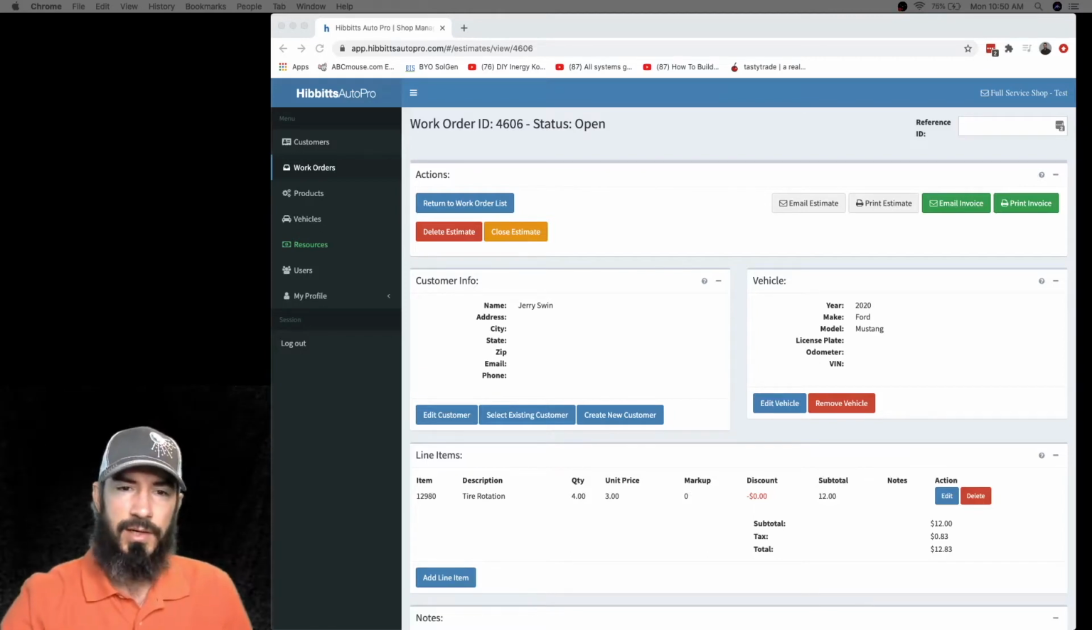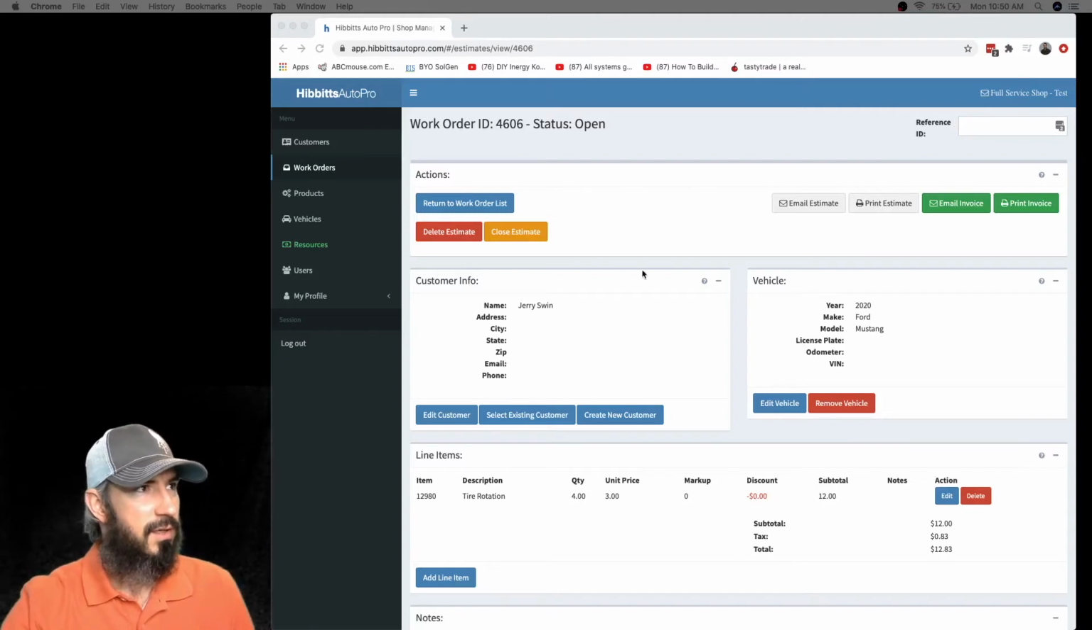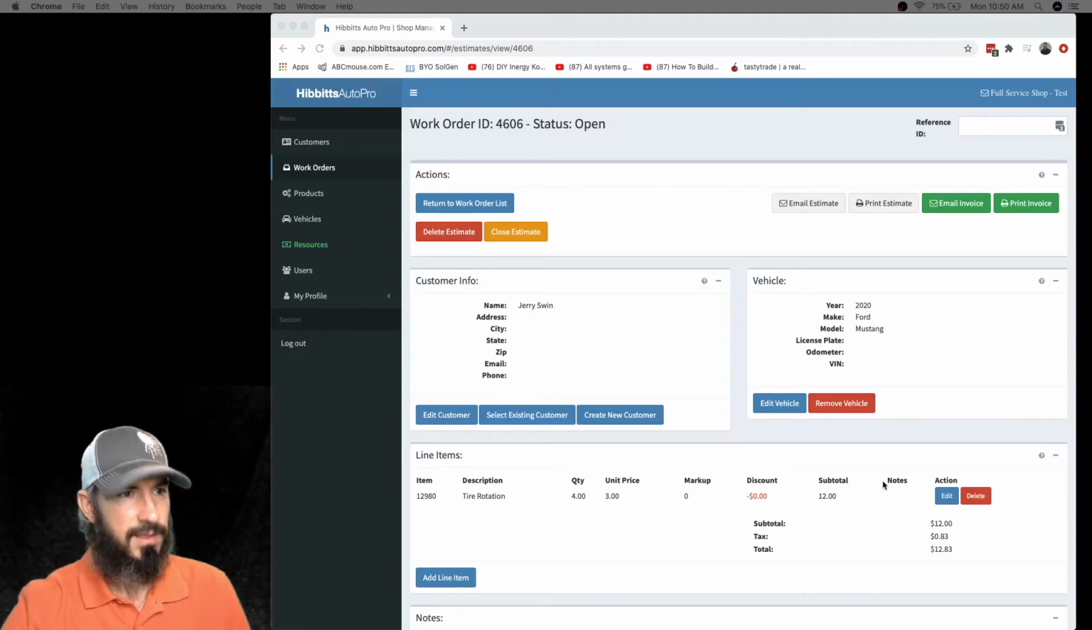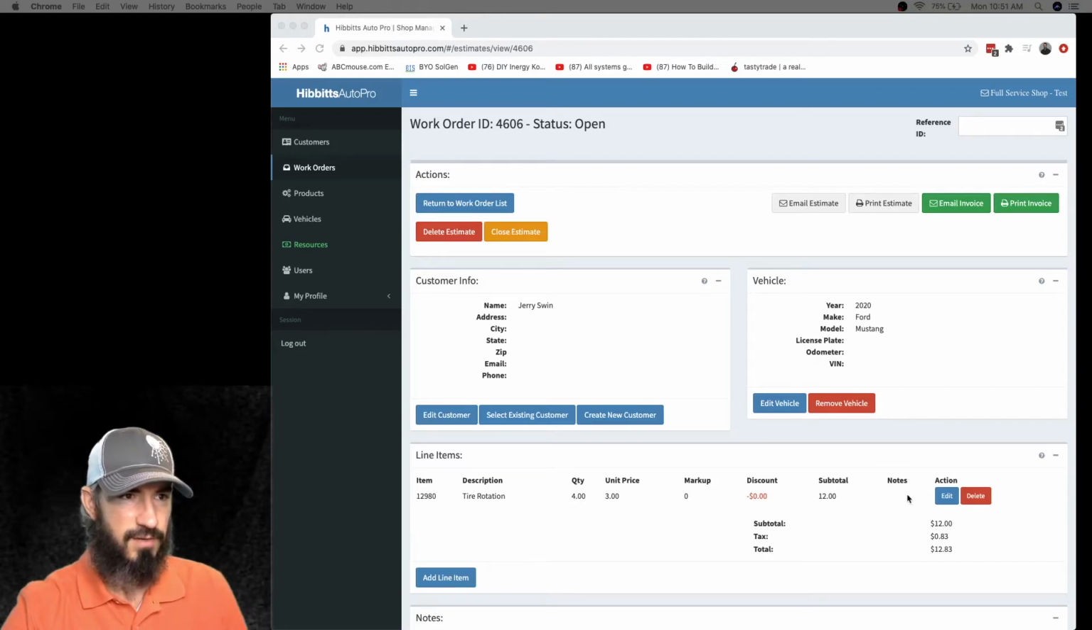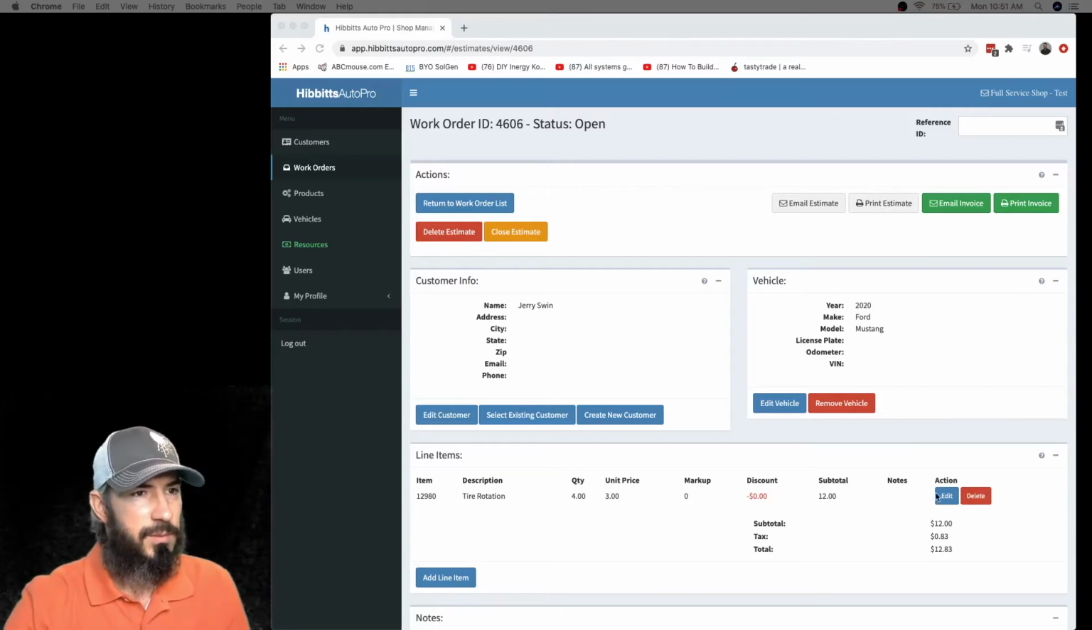So I'm going to go ahead and jump in here. This is an open work order for a gentleman by the name of Jerry Swine for a 2020 Ford Mustang. And here is a line item for tire rotation. And we have our notes section, which is the new addition here. Right now this particular line item does not have any notes, so I'm going to click edit here,